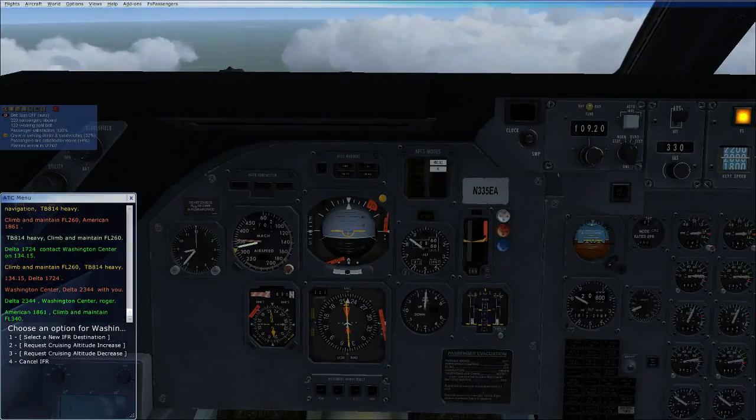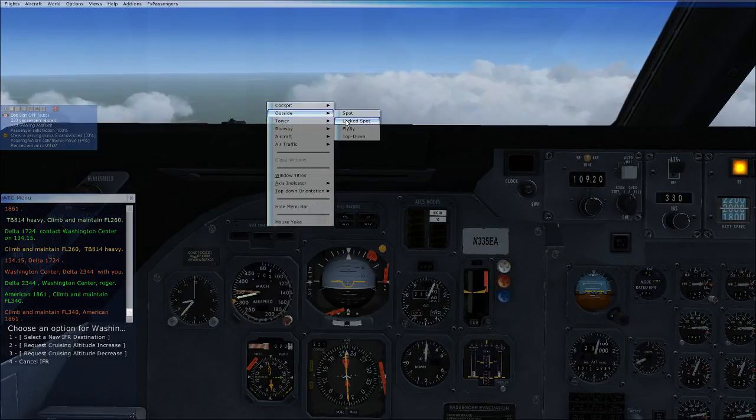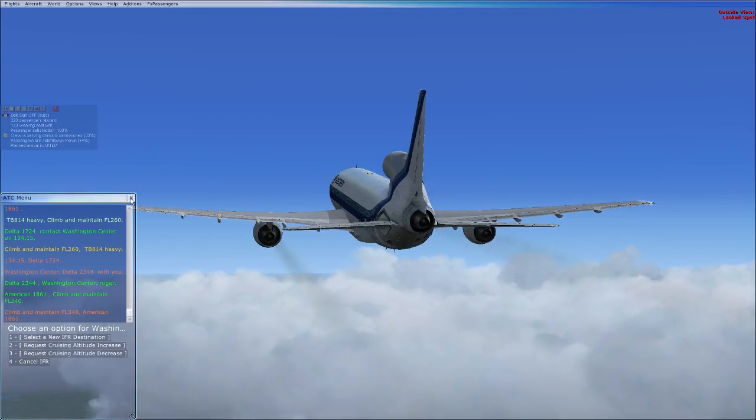American 1861, climb and maintain flight level 340. Climb and maintain flight level 340. American